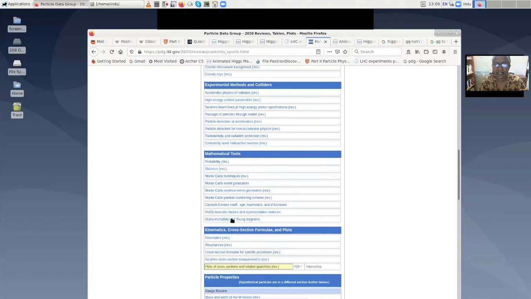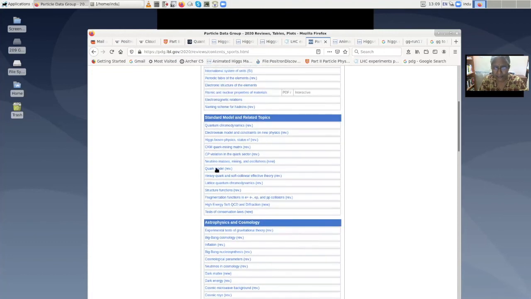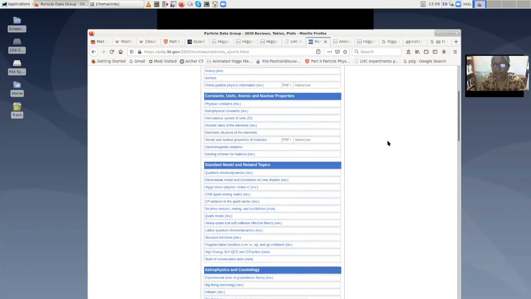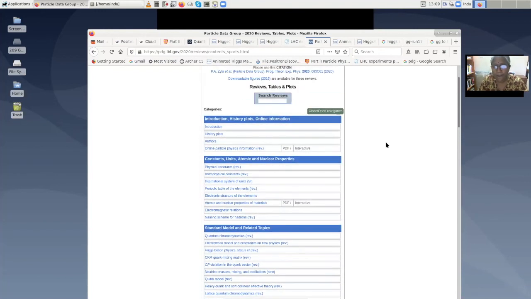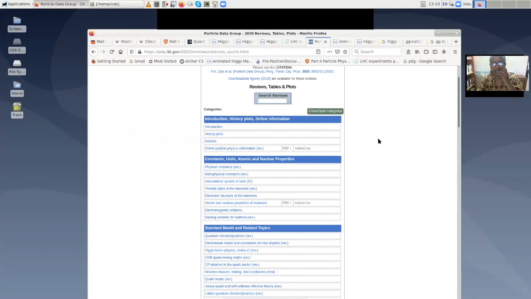But there are very nice things over here. You can see it has astrophysics, cosmology. It has the standard model. Of course, this is all written very tersely. It's for people who already know. But if you want to look up something, starting with the periodic table, you can look it up here. And it's a very nice place for the latest data. This is, for example, 2020, and you can look for every year. They have the authoritative latest information on this page. So it is called PDG. It is maintained by LBL, and you can look for it online. It's a very useful thing.